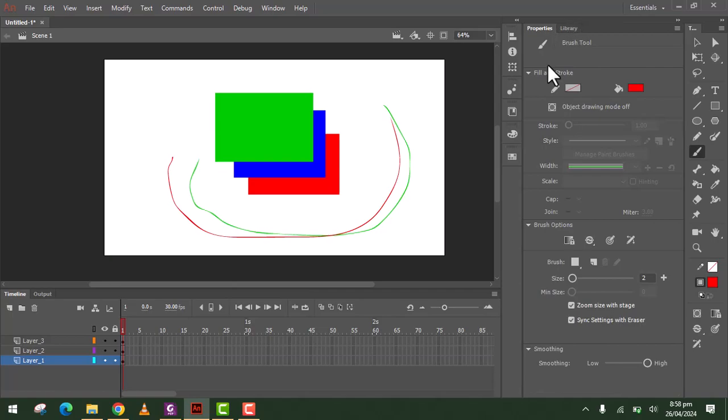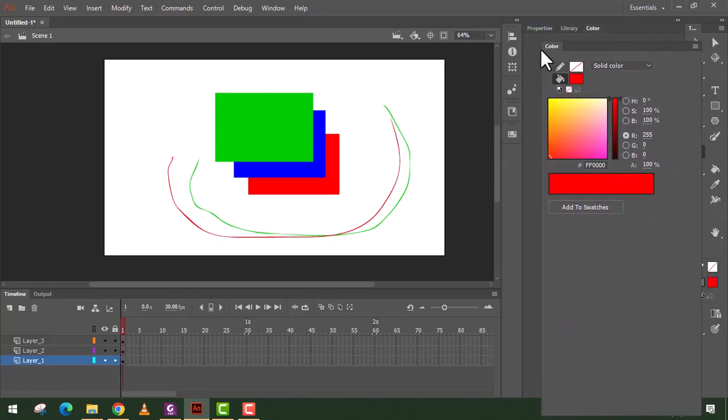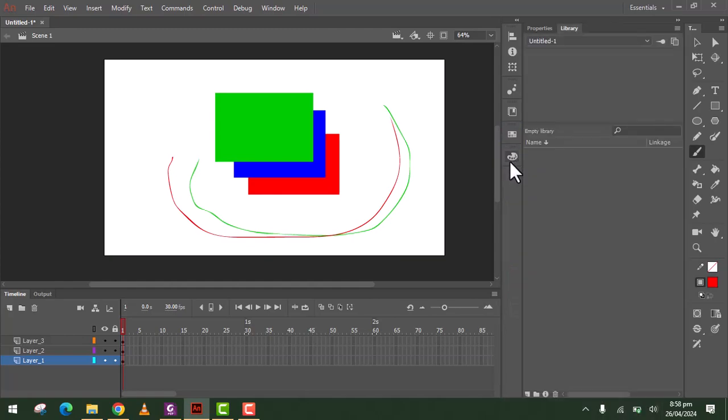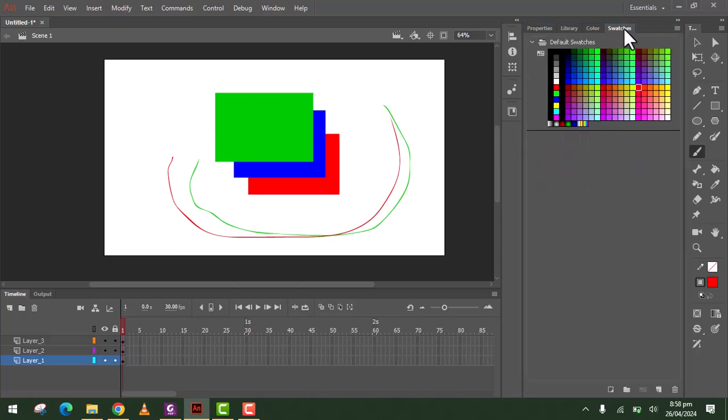It's like here. So for example, I will add the color here. Just drag. Then you will notice that it becomes color blue. You can return it here. So click and then drag it here. So you have your color palette here. And then for the swatches also, you can select here. Just drag and drop.